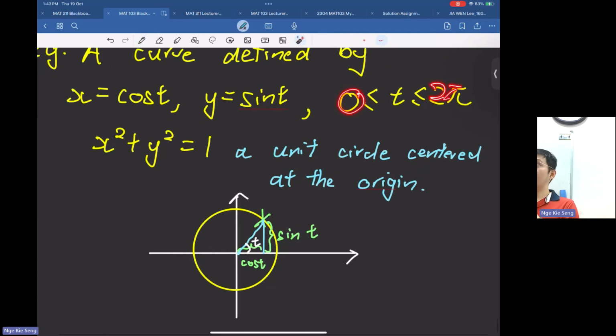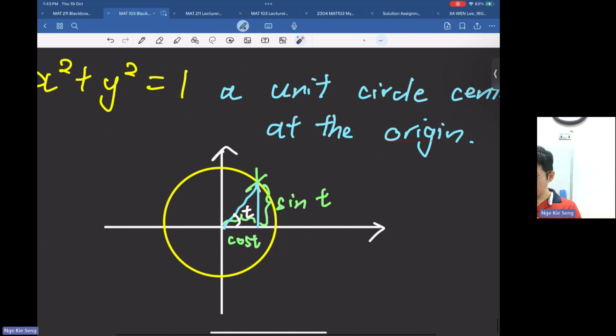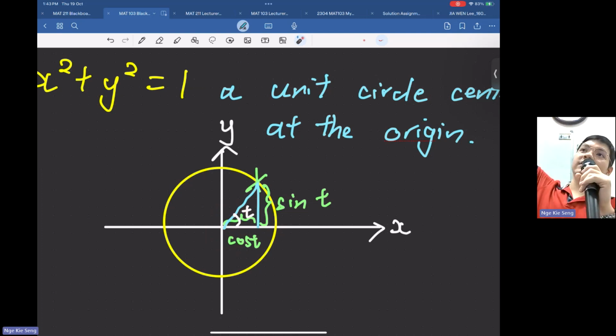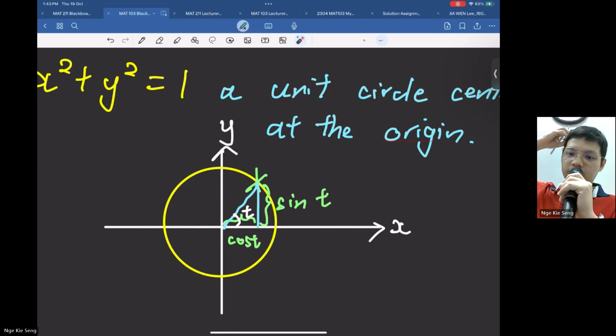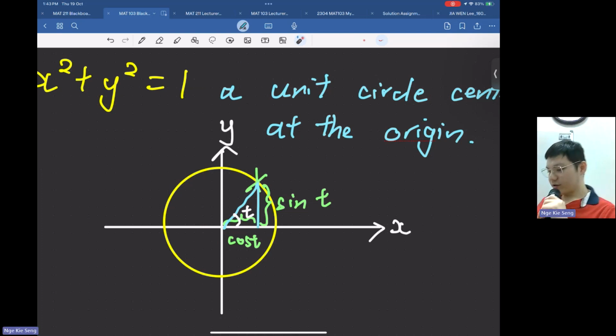0 to 2 pi. Okay, so we start with the positive x-axis, and then 0, and then go around and get 2 pi. So we loop the circle once, then we get a whole circle. Okay. So similarly, you can note that this is